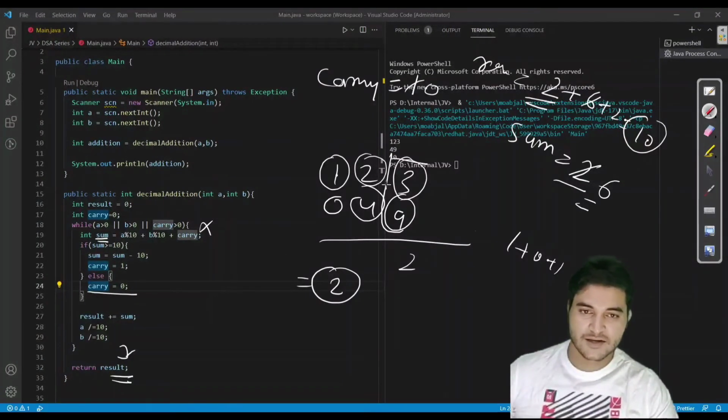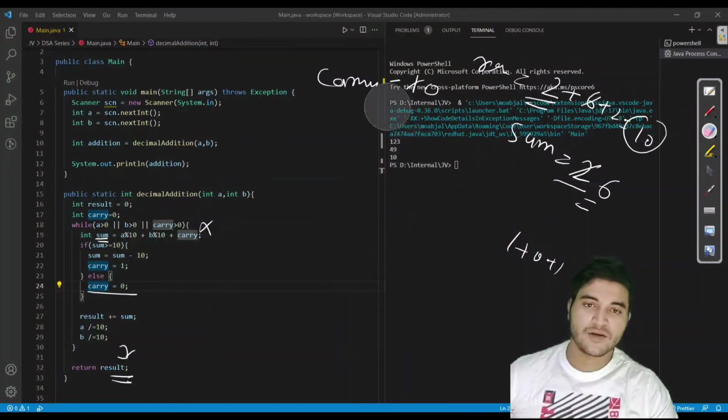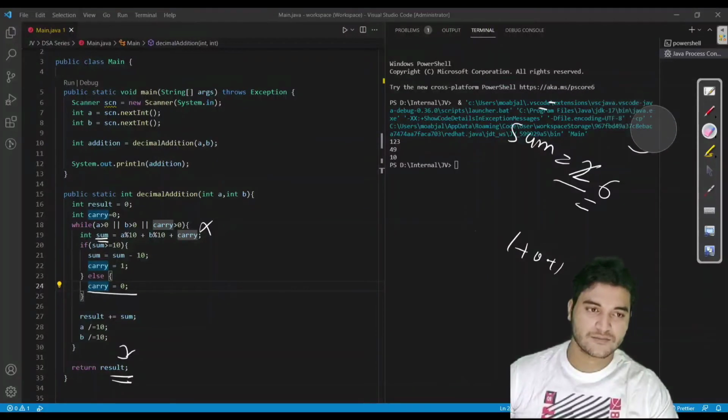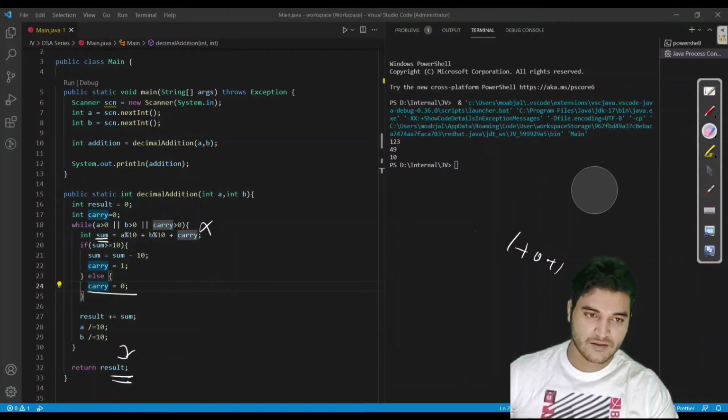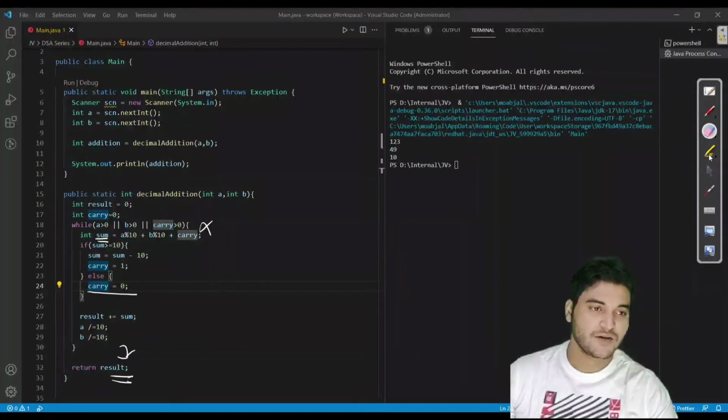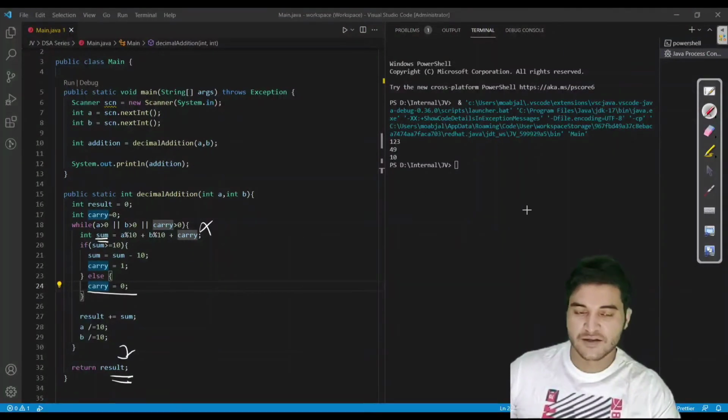If you directly add here, then we are not getting 10. 2, 4 plus 6 is 7 and 1. So we should get 172 as the result. So why is it not giving the expected output? If you have watched my previous videos, then you should not be having any confusion. Let me explain here also.